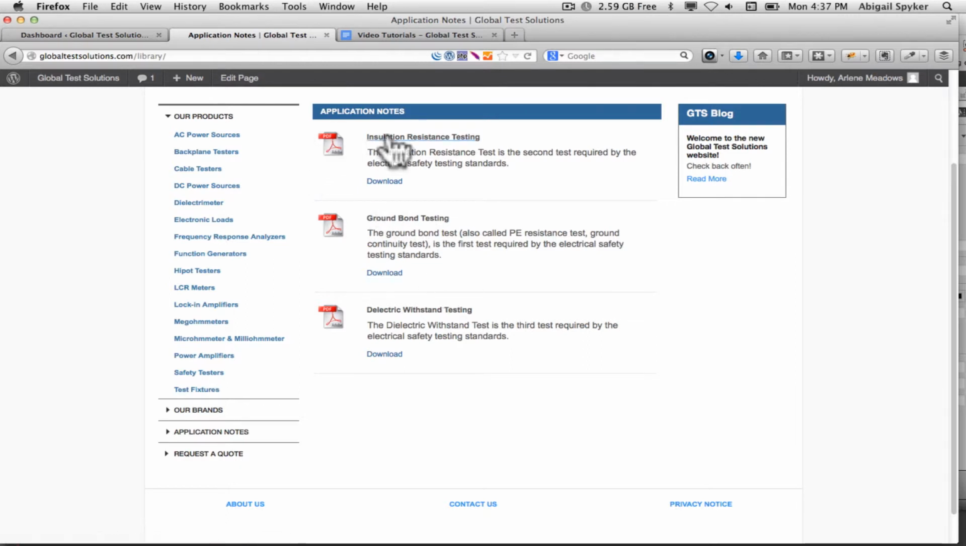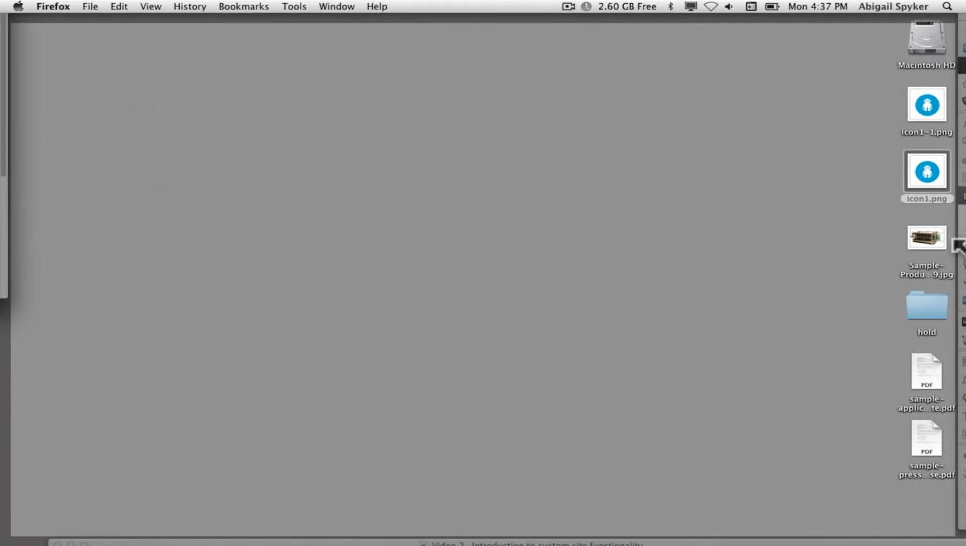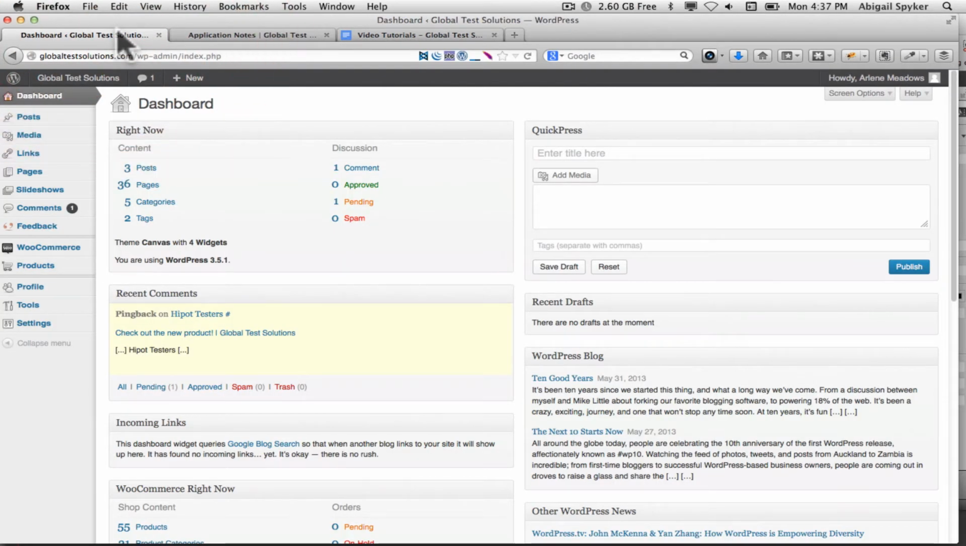And each PDF has a name, a description, and a link to download it. So if you wanted to add a new application note, I have a sample application note PDF file here, so I'm going to show you with a sample. So you're going to come into your admin panel, log in, and under links you're going to go to add new,